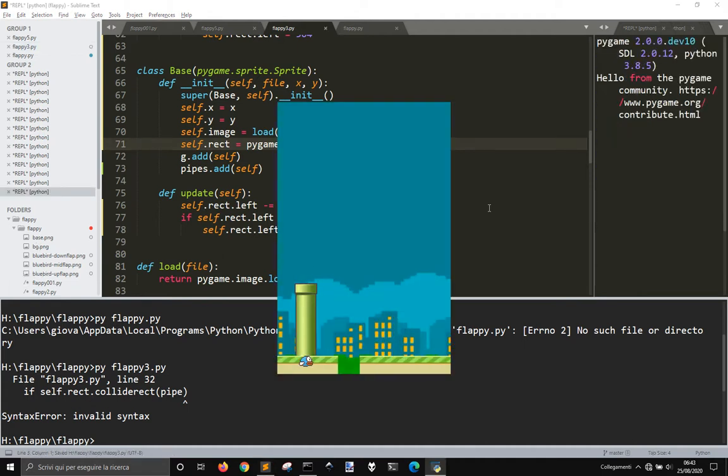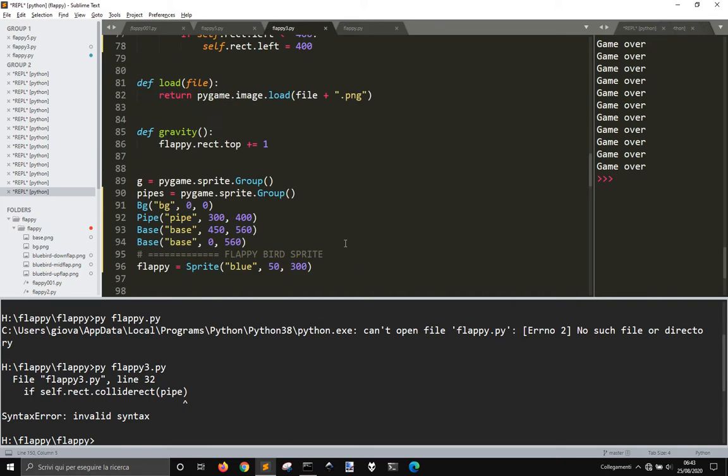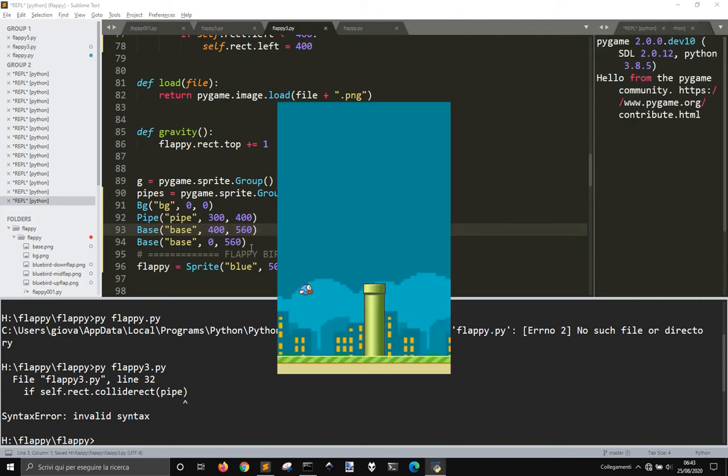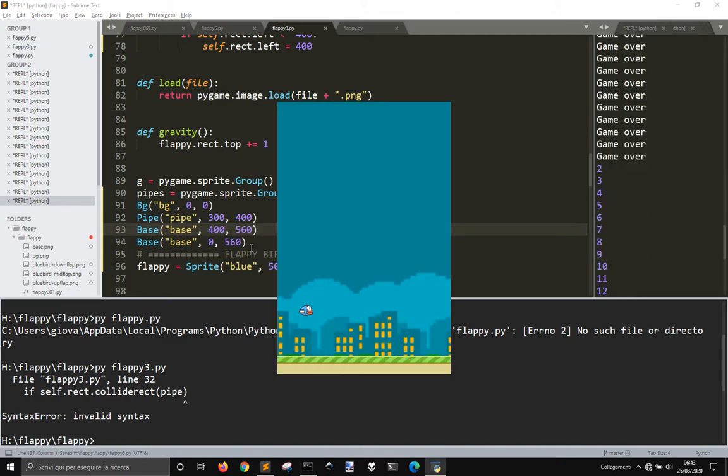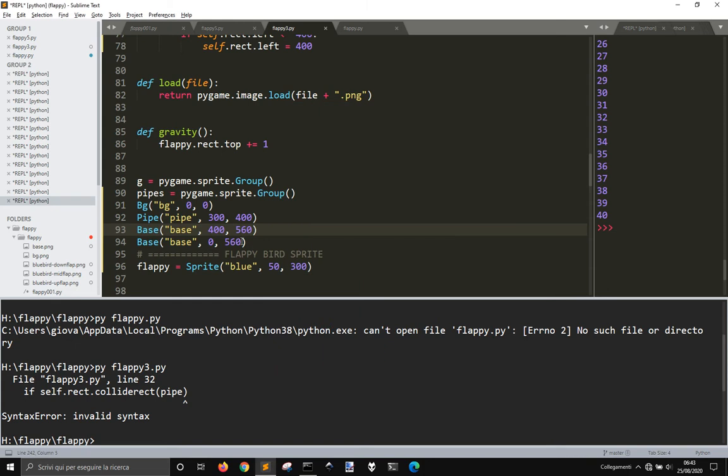There is that gap there because this must go to 400. Okay, there is a pixel there, and we're gonna place